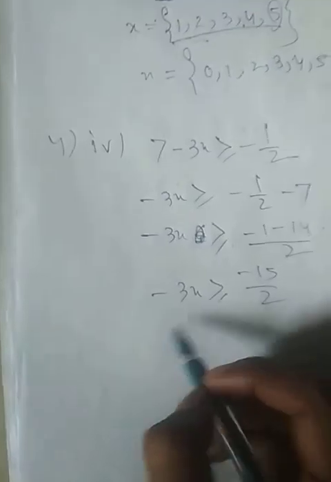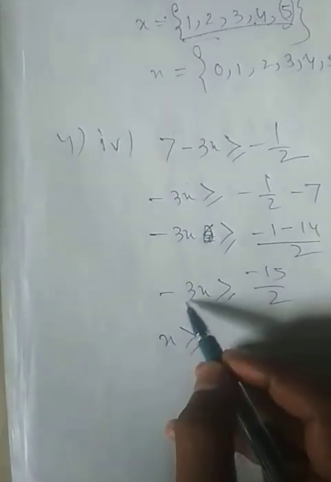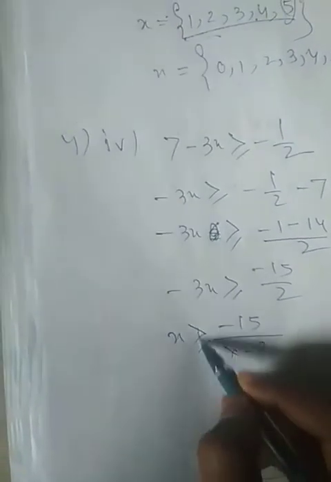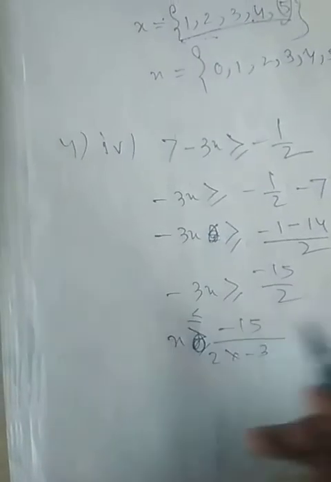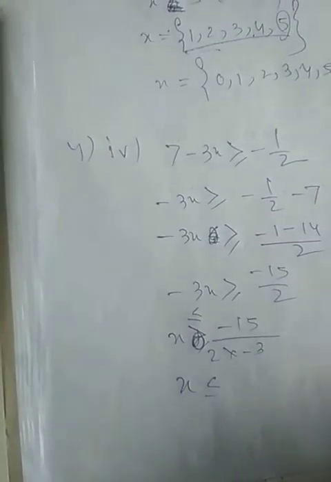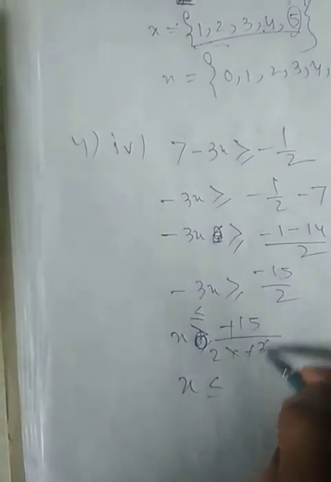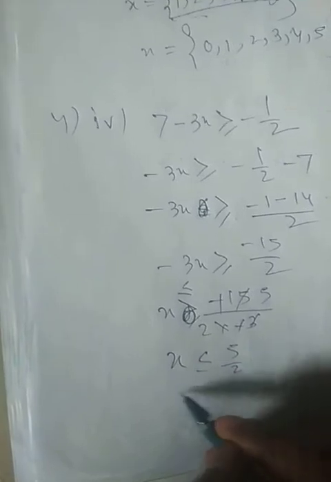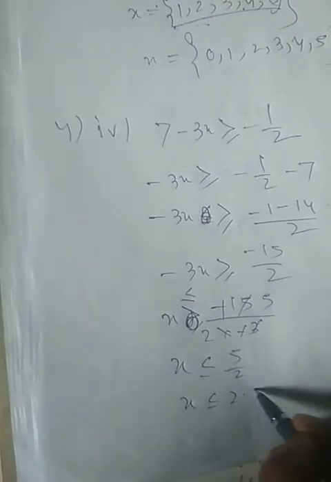I already said that if you want to change the sign, now here you have to change the sign because you have to remove the minus. So you have to divide that side also by minus 3. So hence this sign has to be changed. That becomes less than or equal to. So here x less than or equal to minus minus cut, 3 5s are 10, 5 by 2. 5 by 2 means that is 2.5.